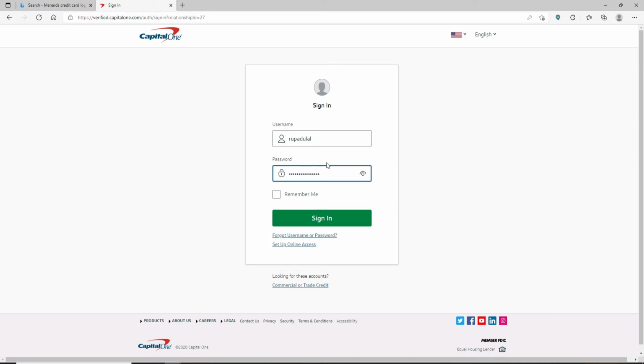Make sure to double check your password before moving on by clicking on this little eye icon at the right corner. If you want the system to remember your username so that next time you won't have to type it in again, click on this Remember Me box. But if you're using a public device or a shared mobile device, make sure to leave this box unchecked before